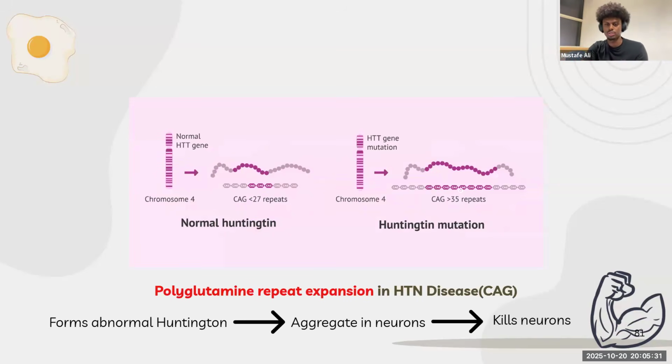Now, what's more important is what causes it. The most important thing you guys need to know about Huntington disease is that there is a polyglutamine repeat expansion. What do I mean by this? In a normal Huntington protein that is present inside of our body, there is a lot of glutamine present inside of it. But with Huntington disease, when there is a mutation, this mutation leads to there being even more glutamine DNA, or even more DNA that codes for glutamine. What this will lead to is that there will be so much more glutamine that is present in the protein.